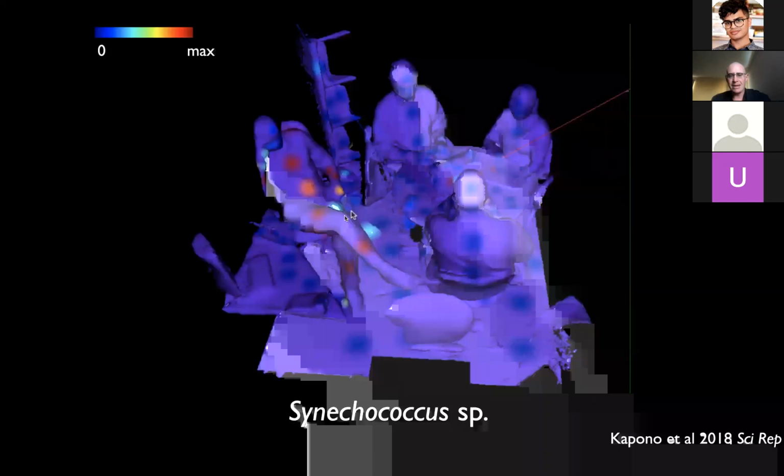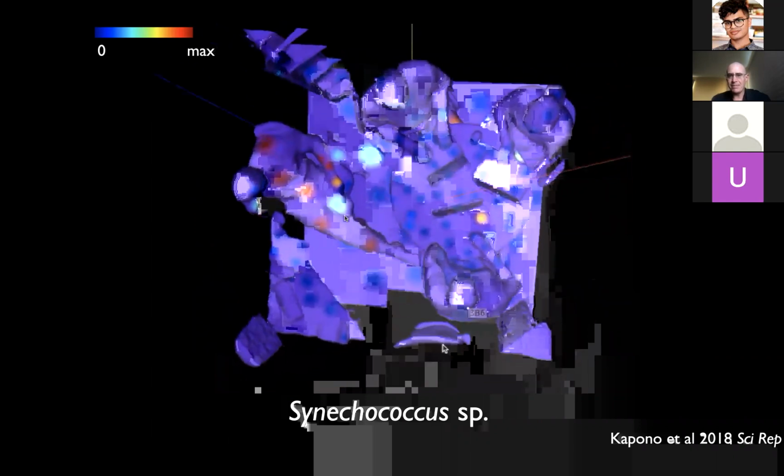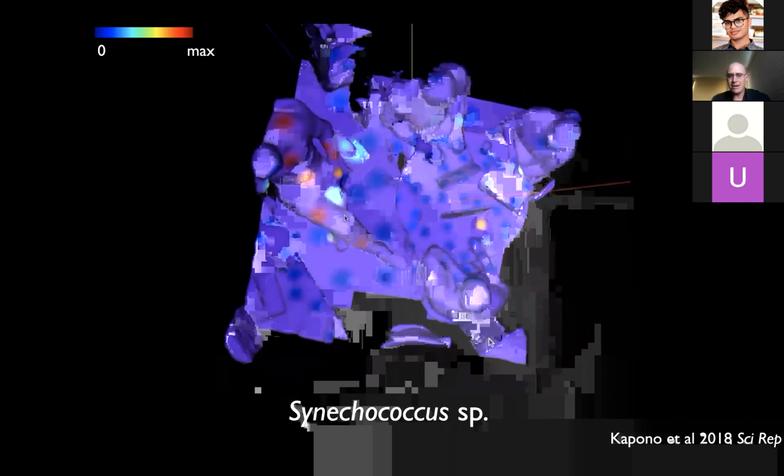So what you can see is a LiDAR scan of Pieter's office with 4 of us sitting around the table, and the scale, and then it took a few hours to swab all of the people and all of the surfaces, and then months to run a mass spec for all the chemicals and DNA sequencing for all the microbes. And the scale on these figures is that blue is the least of something, red is the most. And you can see this microbe, Synechococcus, lights up one of the people around the table very brightly, but not the rest of us. And if you know much microbiology, you might think, isn't that a marine microbe? And sure enough, you'd be right.